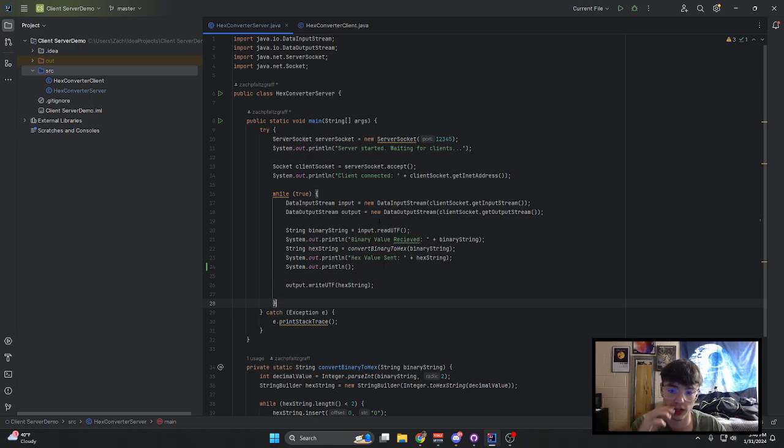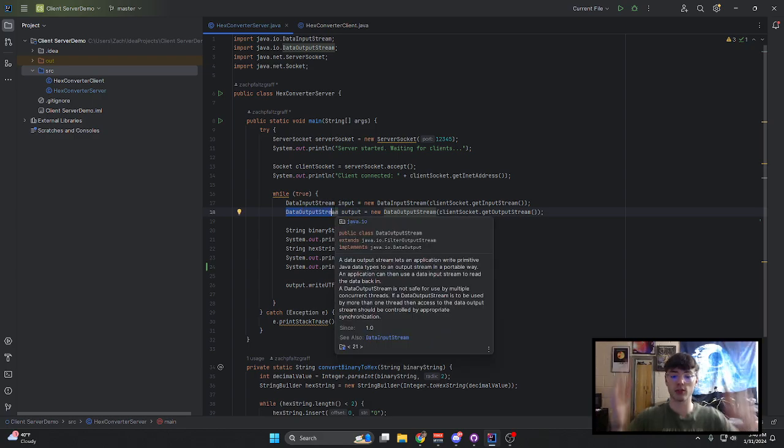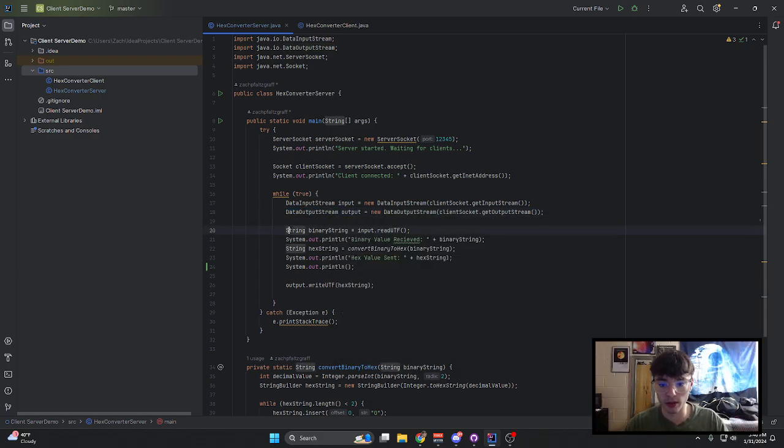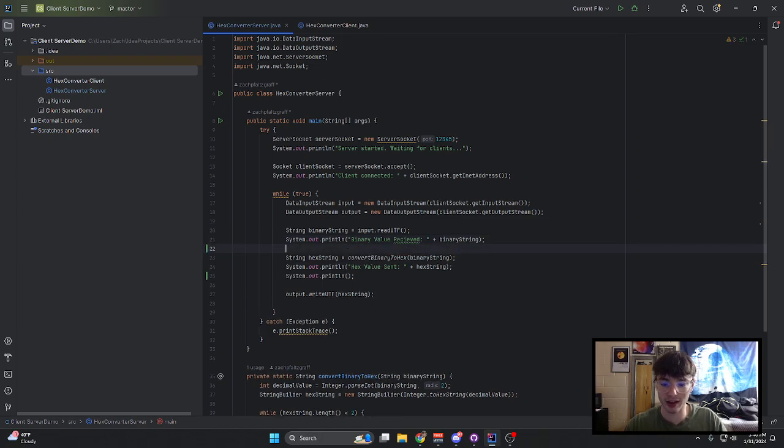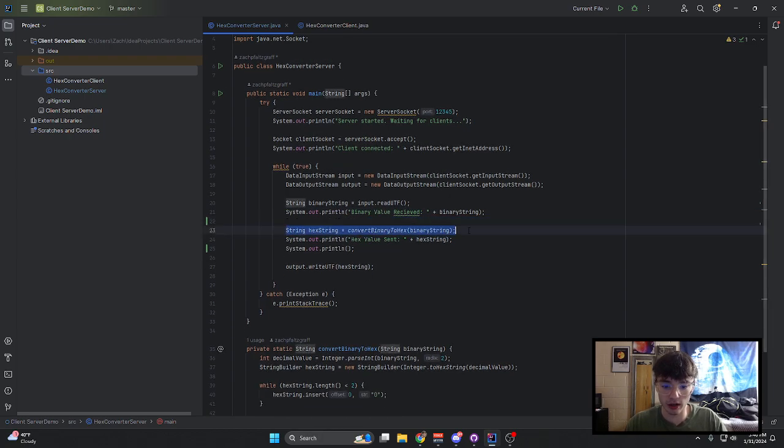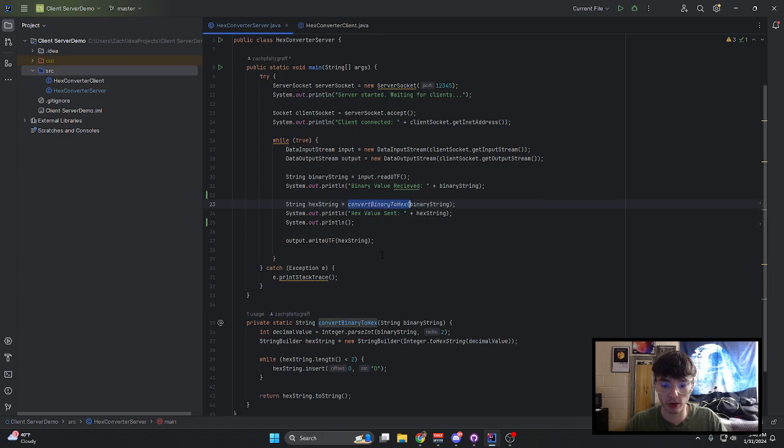You can do Control-C to cancel out, and it has a data input stream which takes from the client, and then the data output stream which sends back to the client, and then we read in this binary, which is through the input here. We read in the binary string from the client, binary value received, so that we can see it, and then we convert binary to hex, which is our